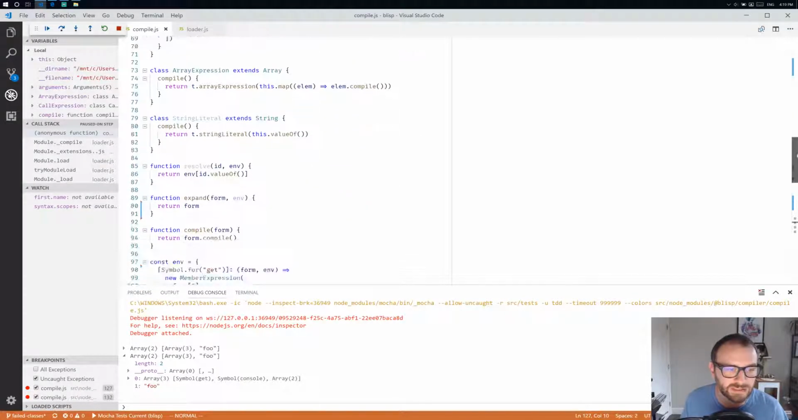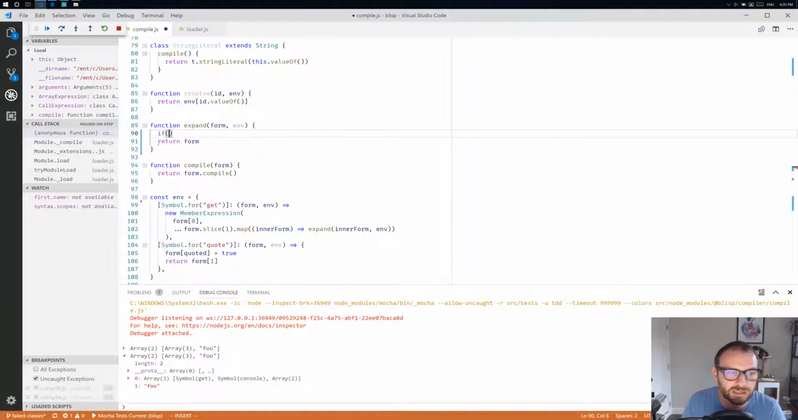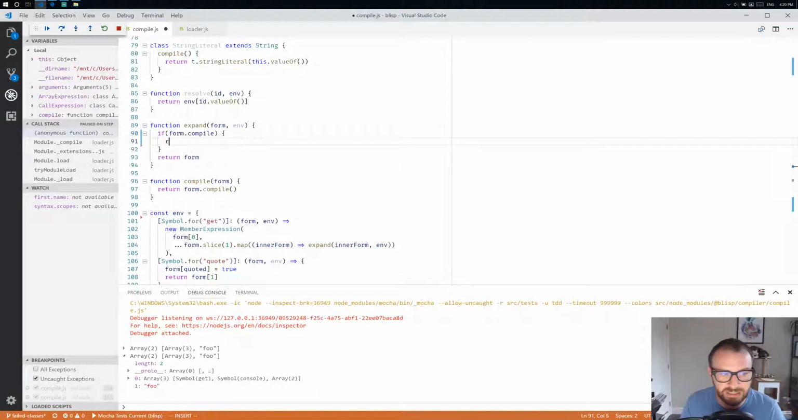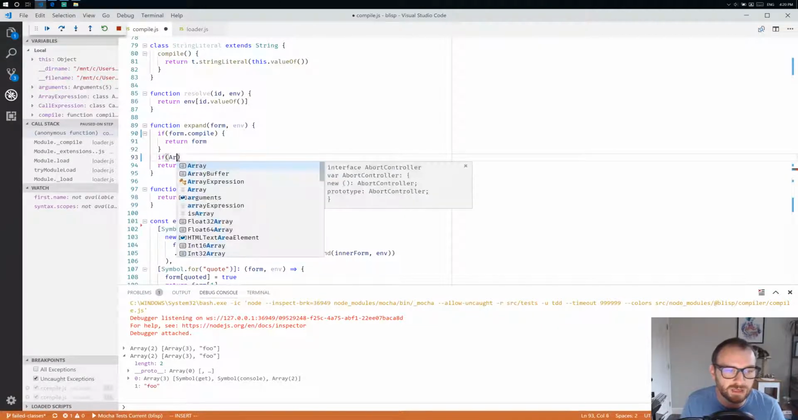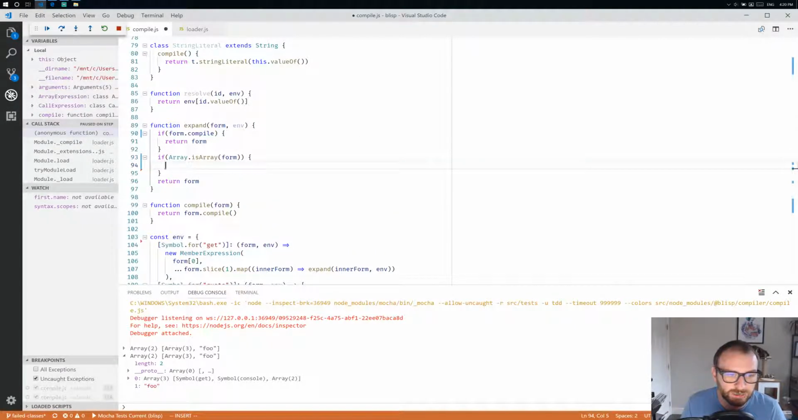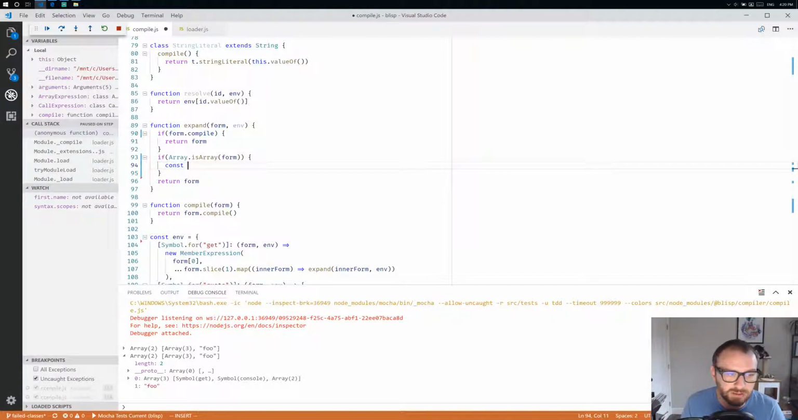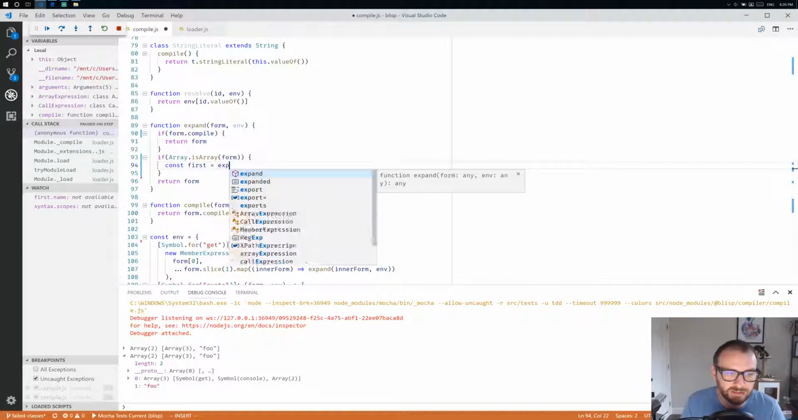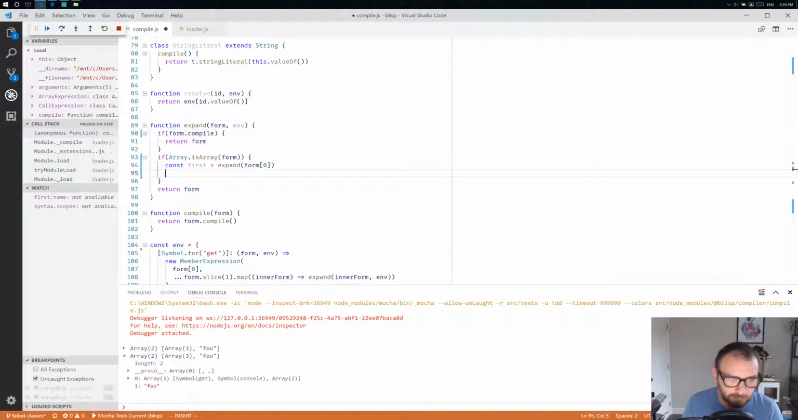If we can find our expand function here. All right, so if form.compile, that means we've already expanded it, so we can simply return the form. If it is an array, then we want to expand it. So first thing we will do is we will get the first item. So we will expand the expand form 0. Okay, so